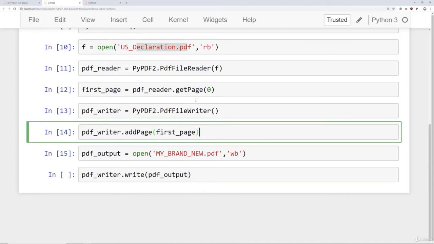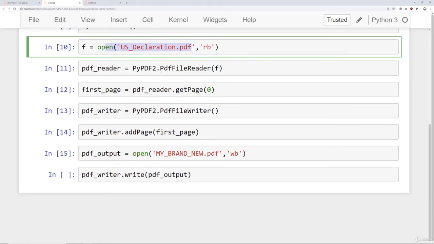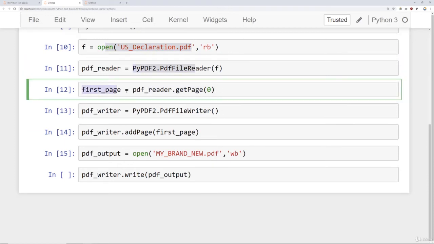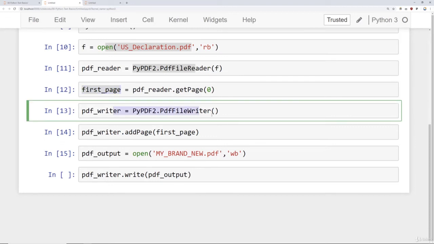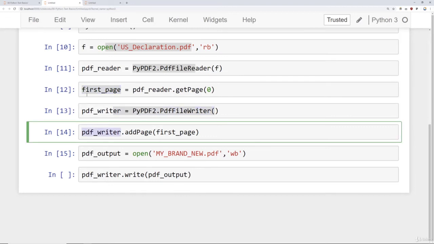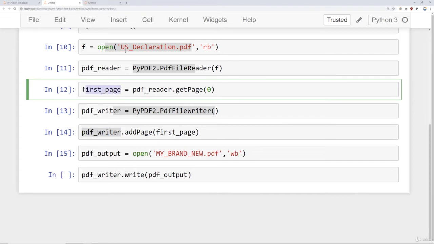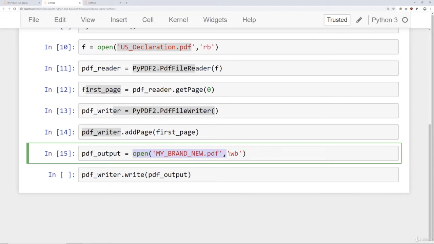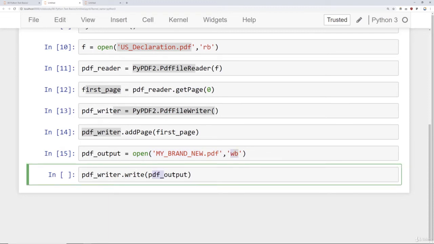So again, what am I doing here? I'm reading in a file using PDF file reader. I'm grabbing a page from that file, the first page, then I'm creating a PDF file writer, and then onto that writer object, adding that first page I extracted from my original document. Then I'm opening a brand new file with the write binary permission, and then I'm going to write PDF output there,